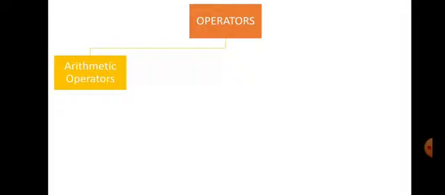Now, let us understand what are the operators. As you can see in a calculator, you will have many symbols, plus, minus, star, slash. They are meant for addition, multiplication, subtraction and division. Now we will see what is the broad classification of an operator. First is arithmetic operators. What are they? Arithmetic, as you know, it is plus, minus, star and slash.